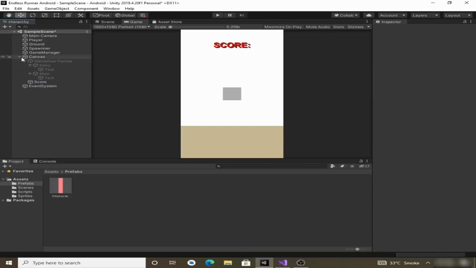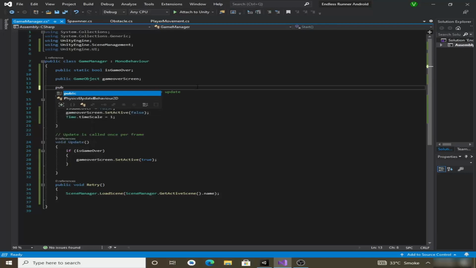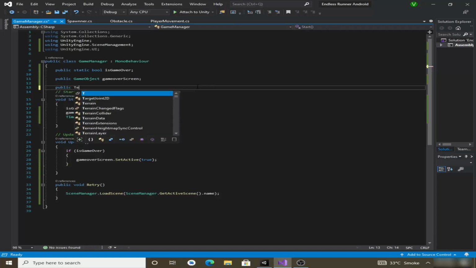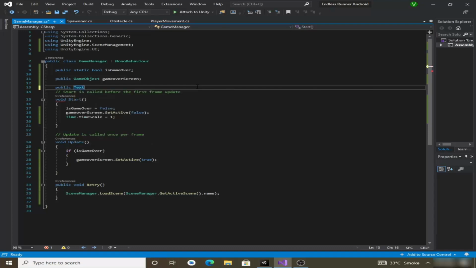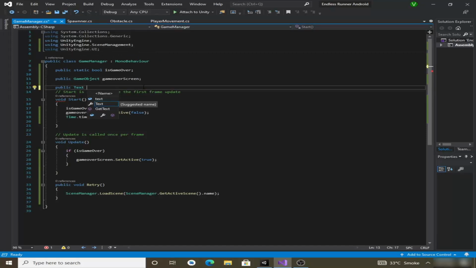Now we have created our UI for displaying the score. So now go to the game manager script, and we will make a public variable to reference the score text. So make a public text. If it doesn't suggest this text, then you have to include this namespace here using UnityEngine.UI. So we will name our variable as score txt,